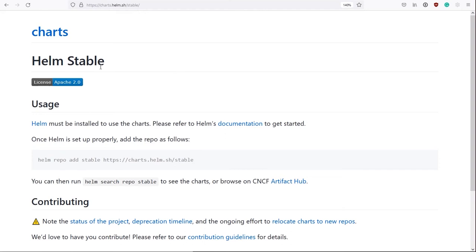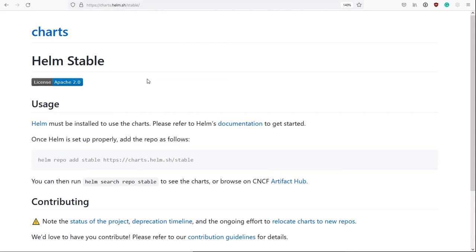And by stable charts, that means there was basically a unique chart for all of the major software packages that you can think of. And those charts were tested, developed by experts, and you could be certain that if you downloaded a chart from the stable repository, you were getting a well-tested chart that would be secure, it wouldn't have malware in it, all that kind of thing. So this stable repository was wonderful. It was just a common, easy default place to go to whenever you needed to find a chart.